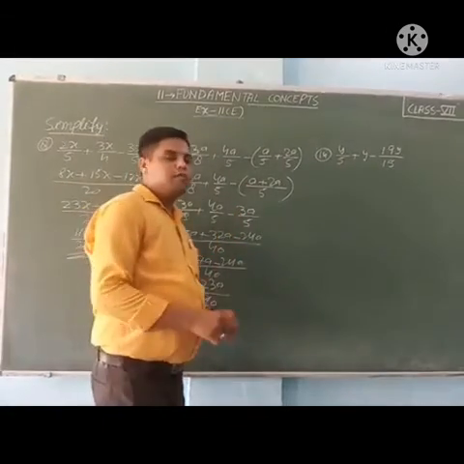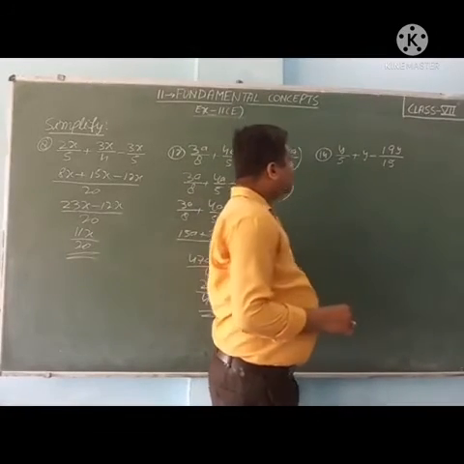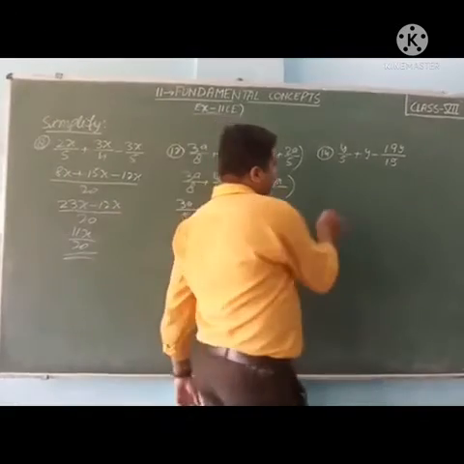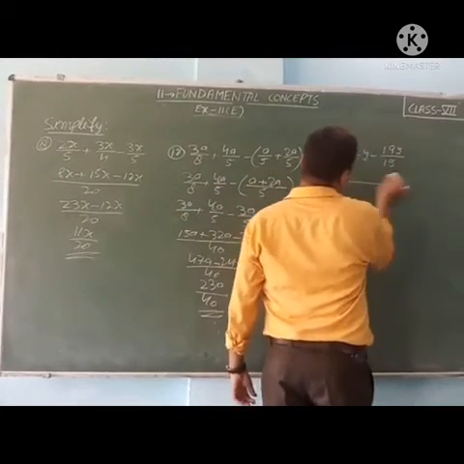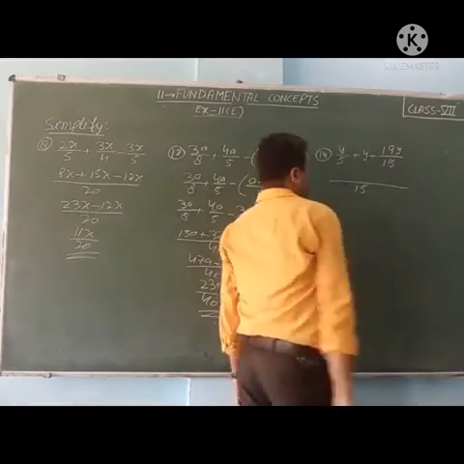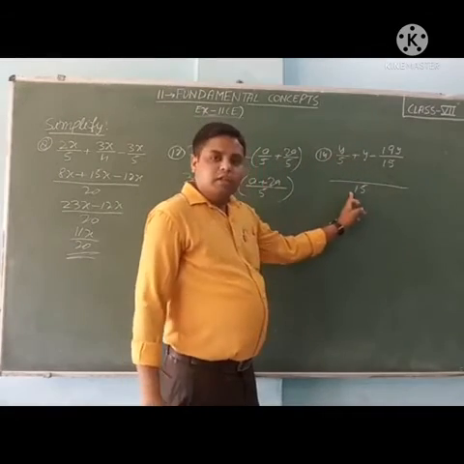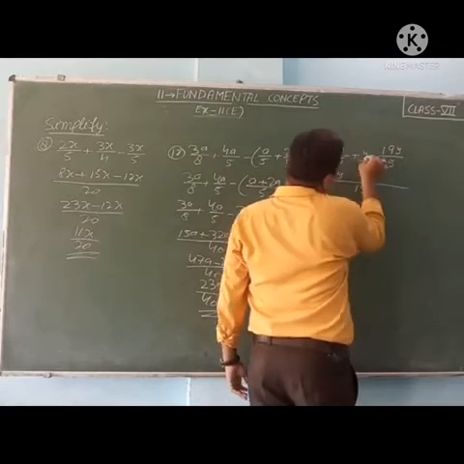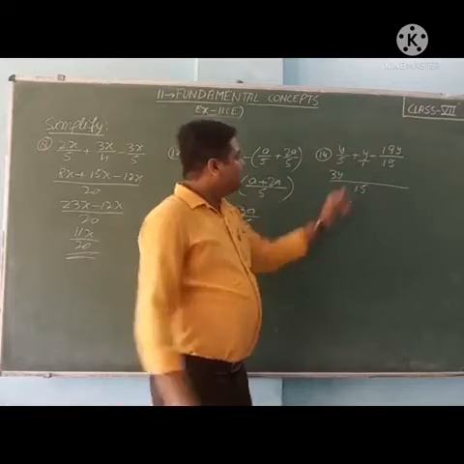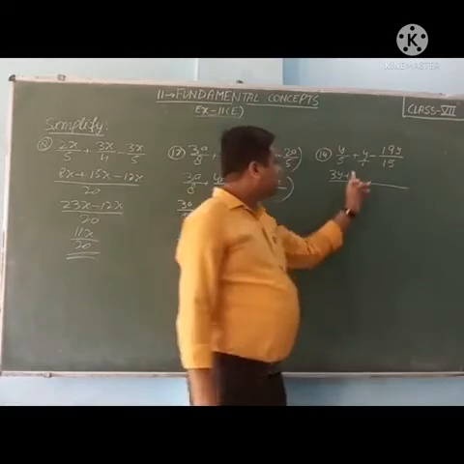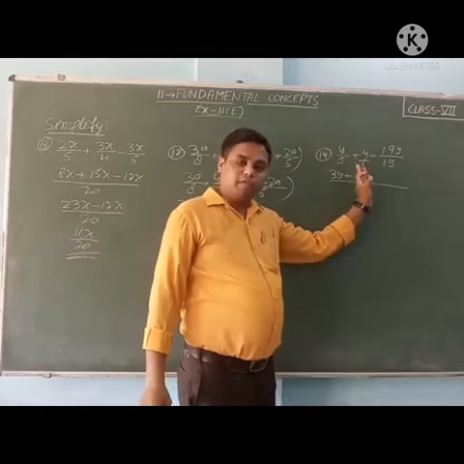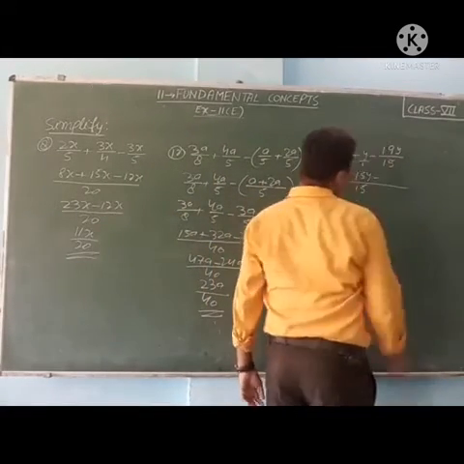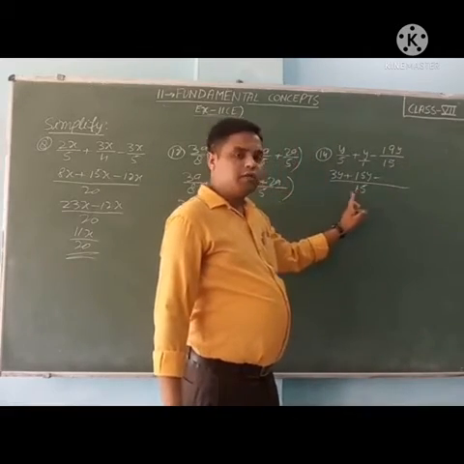Now move to the 14th. y upon 5 plus 5 minus 19y upon 15. So we will take the LCM of 5 and 15. LCM will come 15. 5 3s are 15. 3 into y, 3y. In the denominator here is 1. Then we will put plus sign. 15 divided by 1 we will get 15. 15 into y, 15y. And minus sign. 15 1s are 15. 1 into 19,